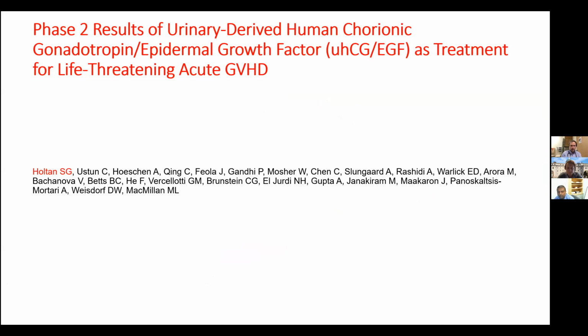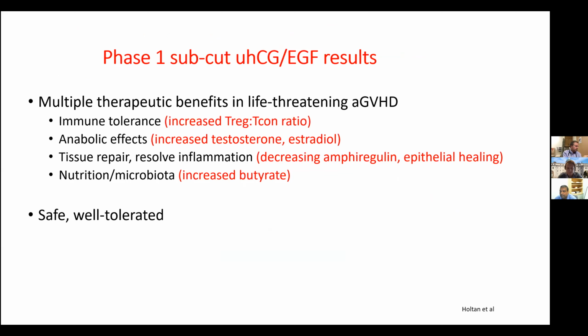We will now switch gears and go to an acute graft-versus-host disease study that is presented by the Minnesota group. This was a phase 2 study. A couple of years ago, they presented their phase 1 data that was published in Blood Advances. Dr. Holtan et al. had led this study. Basically, the rationale behind using human chorionic gonadotropin and epidermal growth factor is that acute GvHD,